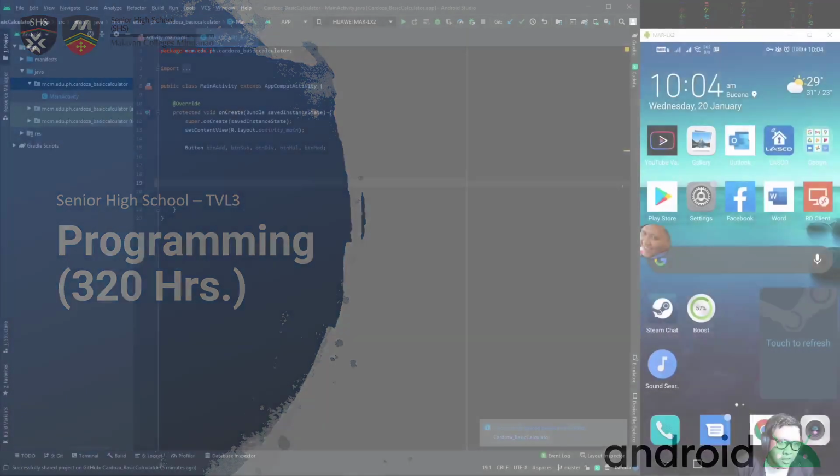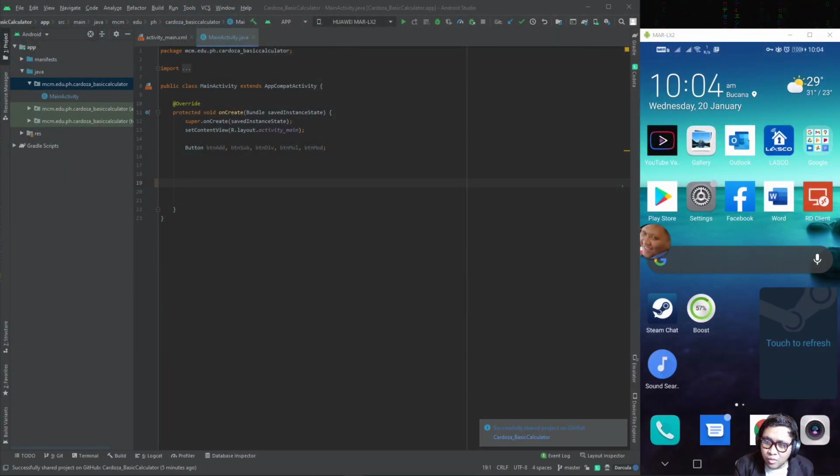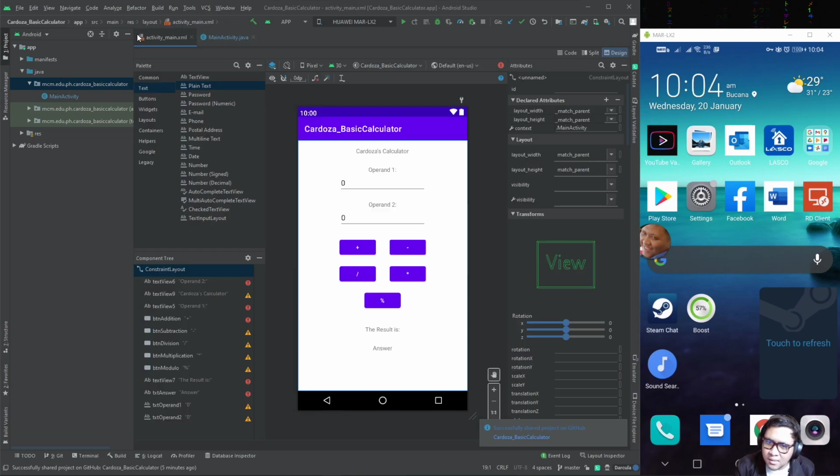Okay, good morning, class. Today we will be discussing the continuation of our discussion yesterday regarding the usage of the operators as well as objects. We will be discussing classes and more about them next week. So today we will be doing a practical activity in which we will be recreating a basic calculator. Hopefully you have already prepared your layouts that should look like this. So we will be recreating this